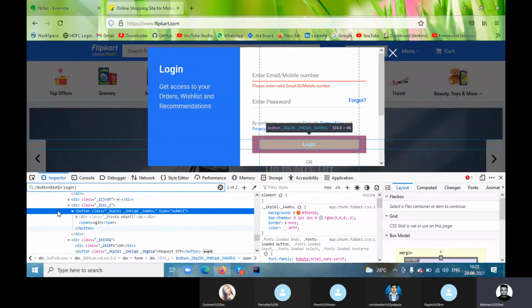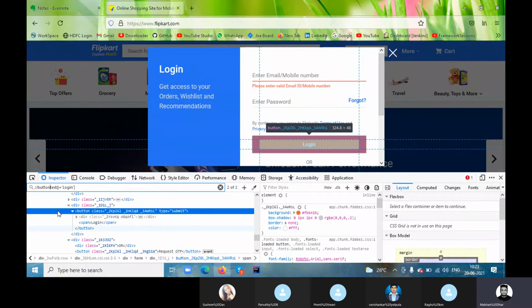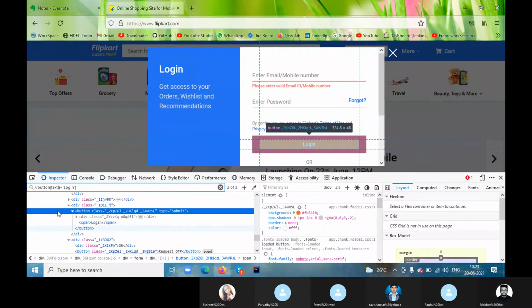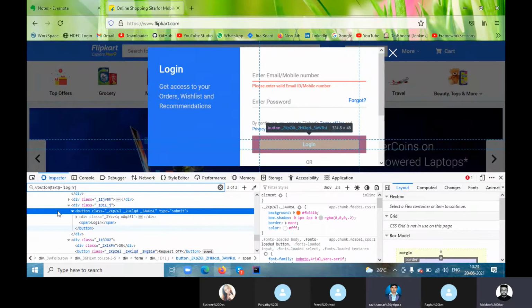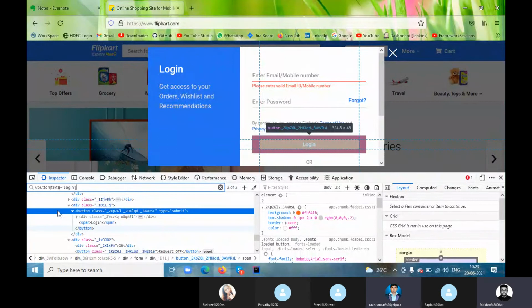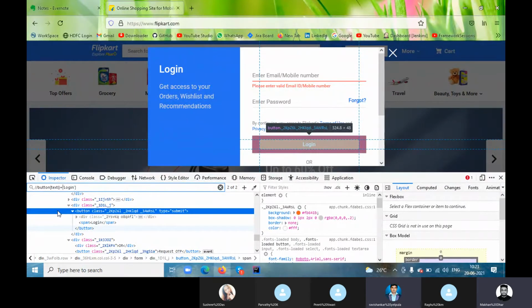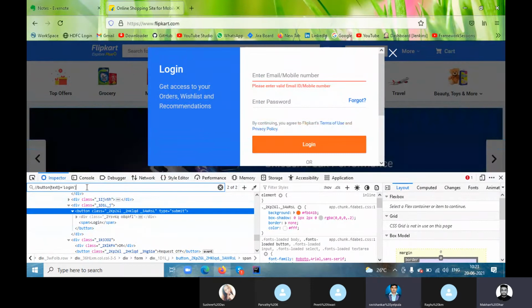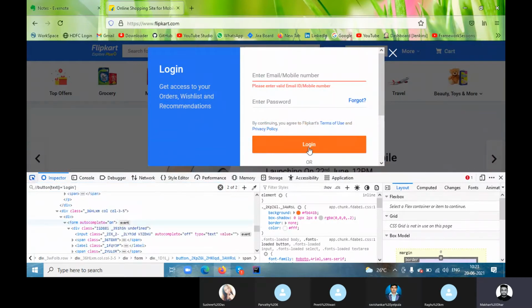Button text start. So, Markan, don't you use @ here? No, whenever you are using text, you will not use the at the rate. So see, somewhere this method will not work.